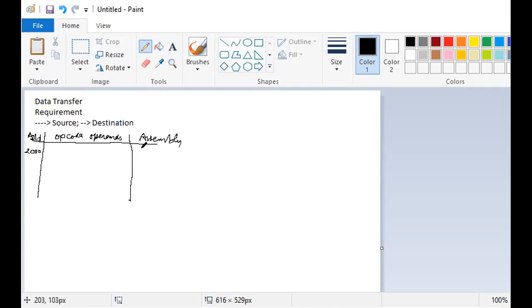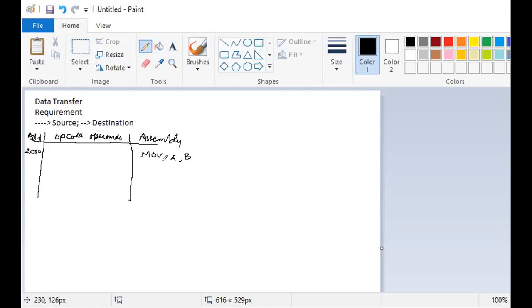A simple instruction: I wish to write move the content of register B into register A. This instruction is a one-byte instruction, and you don't need to tell the machine through some other mechanism from where to what.